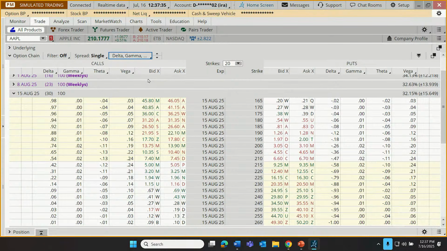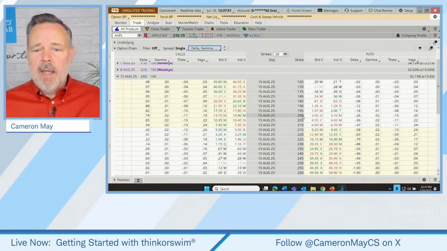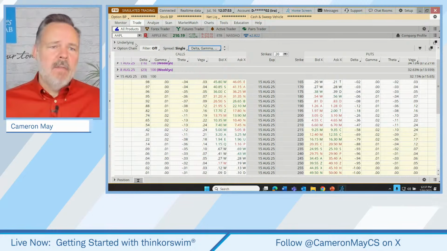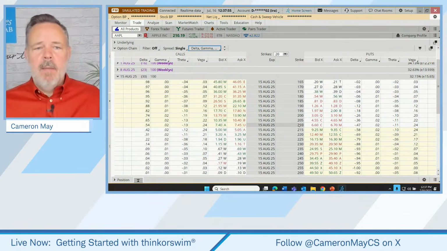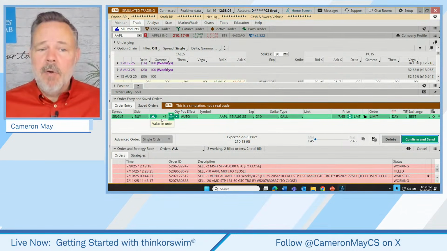But let's place an option trade. So if we bought and sold stock by clicking on the bid and the ask price, guess what we do? We buy and sell shares here. Click on the ask price to place an order to buy an option. Click on the bid price to place an order to sell an option. So let's say our Apple trader, maybe they're going to buy a 210 call. We just click on the ask price, and that creates a complete but customizable order.